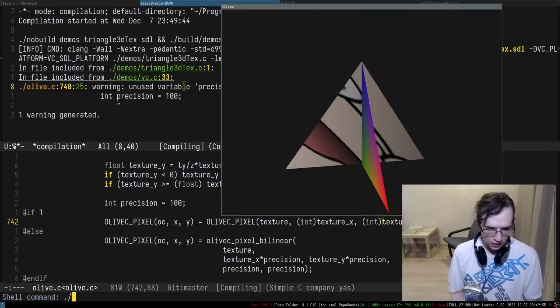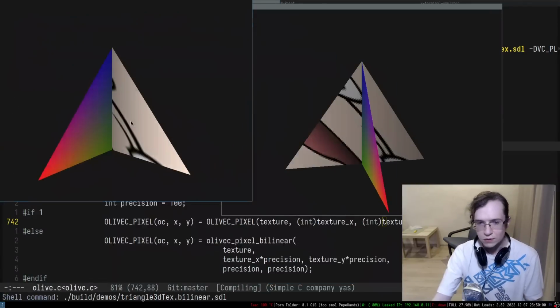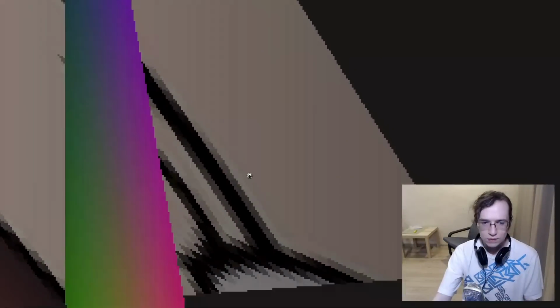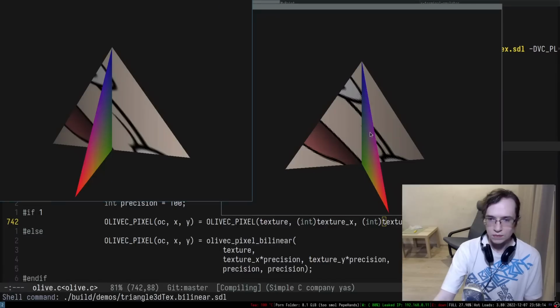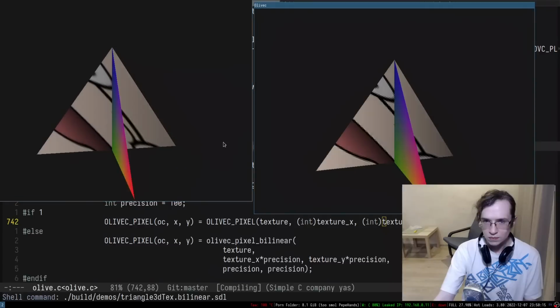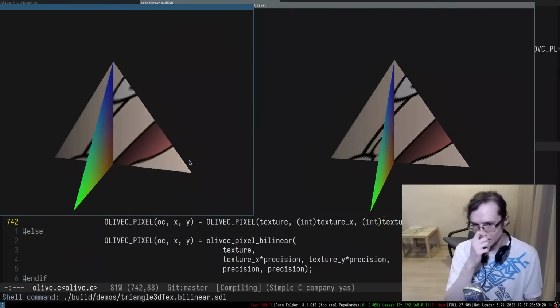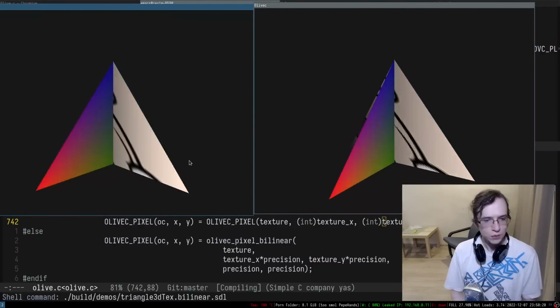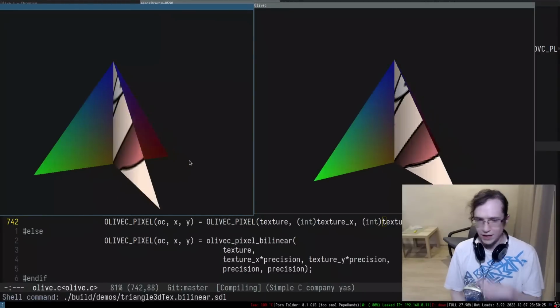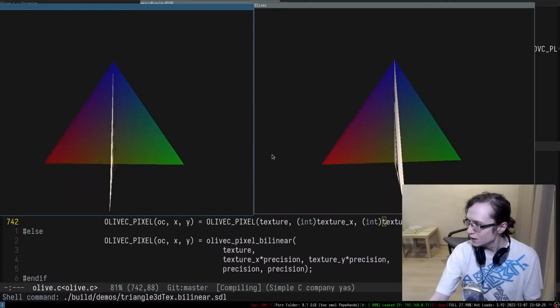So this is what we had before, and now what we have is triangle 3D tech bilinear. There we go. So this is what we have now. This is what we had before, and this is what we have now. It's a little bit slower because of all of the convergence and stuff like that, but we managed to actually convert the code that we use